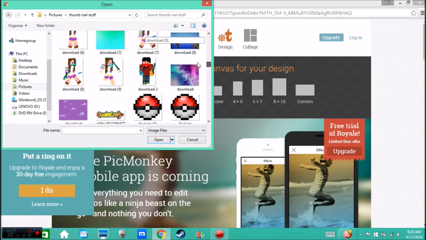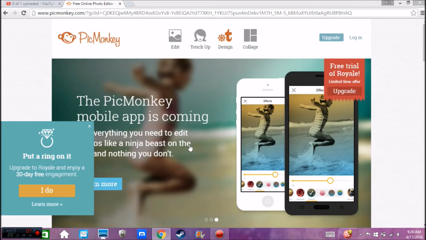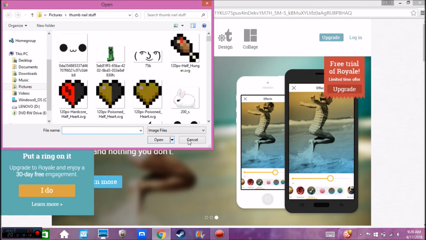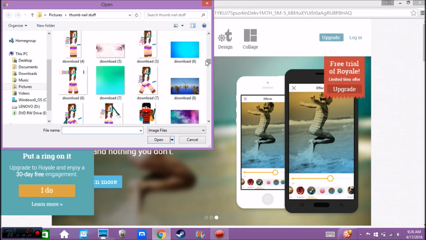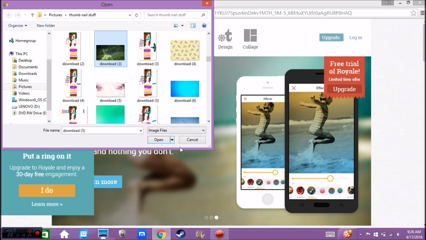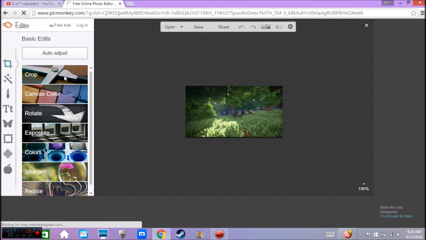So let's say I wanted this one. I would open up this, and then it would take a little bit to load. Okay, for some reason it didn't let me pick that one. I'm going to try picking a different one, and I think I just have to click on it again, but I'm not going to bother doing that. So you should come to this, and if you didn't have it the right size, 1280 by 720, then